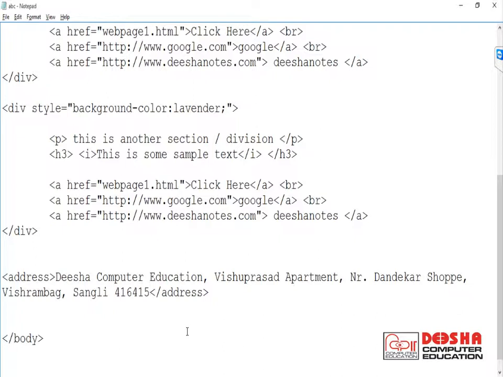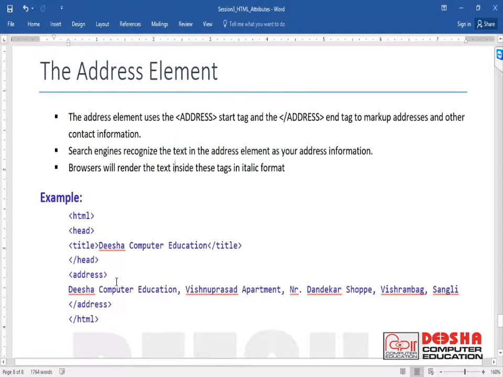The Google type of websites, the search engine type of websites, always have some databases, by referring to elements like address and meta, and from these tags they will refer to the website. Using these tags they will refer to the websites. So I recommend, whenever you want to put some official address, some company address, some contact address, always try to use this address tag, because these are recognized by the search engine.